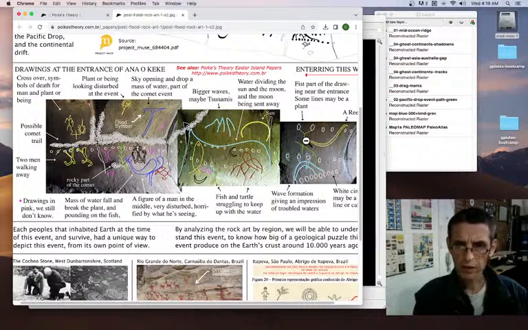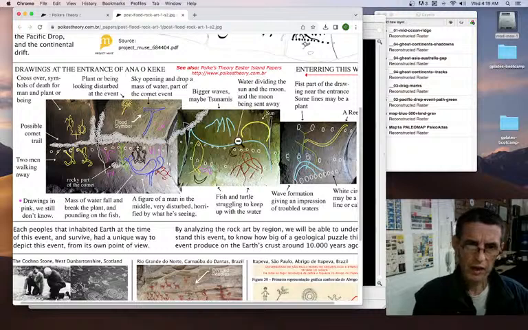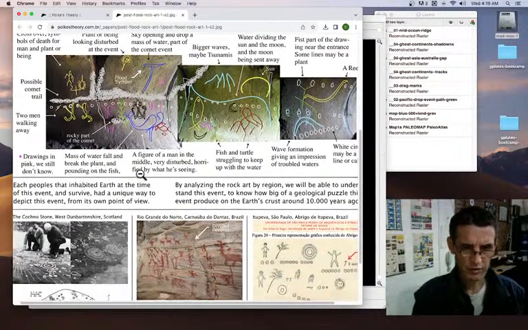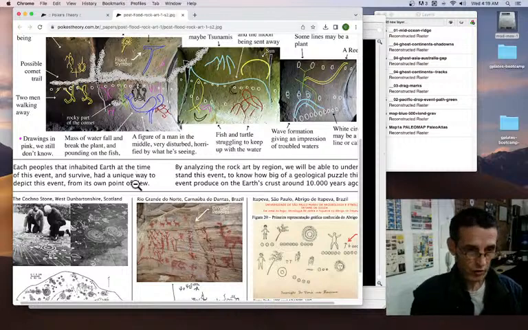So you have a timeline with first the waters and the boats and the grass going, and then large waves and the turtle and the fish trying to go up with the waters, the moon going away, the sun, and then the drought, and then the scared guy and people, the dead people on one side, and a couple of people walking away alive. So those drawings are,